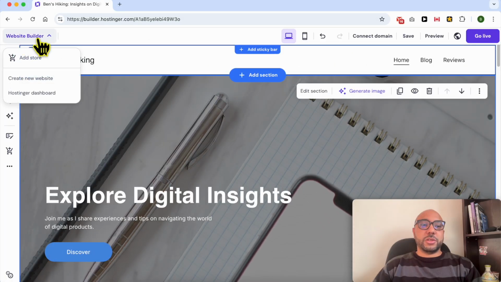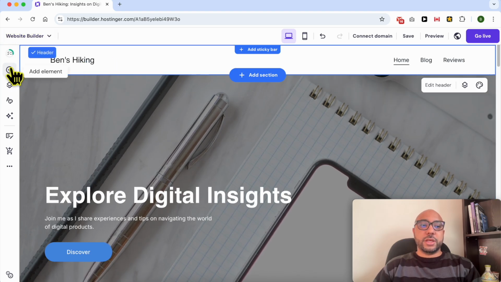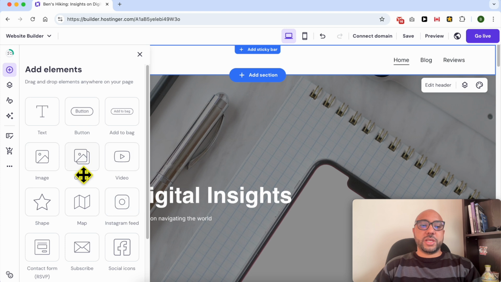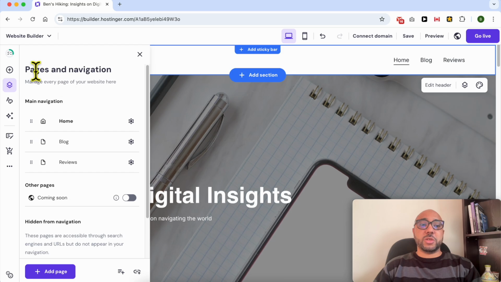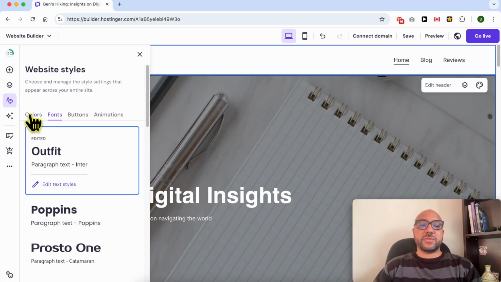From this corner, you can add an online store to your blog. You can add elements to your page, for example, a video, a text element, a button, an image. From here, you can add multiple pages and also edit the navigation of your website. You can edit your website styles, for example, the text font,